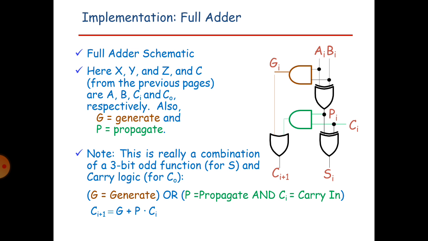This is the logic diagram for the full adder. Here sum will be X exclusive-OR Y exclusive-OR Z. We have 3 inputs, and the 3 inputs will be given to the XOR gate. For the carry, the inputs will be given to the AND gates, and we get the carry.